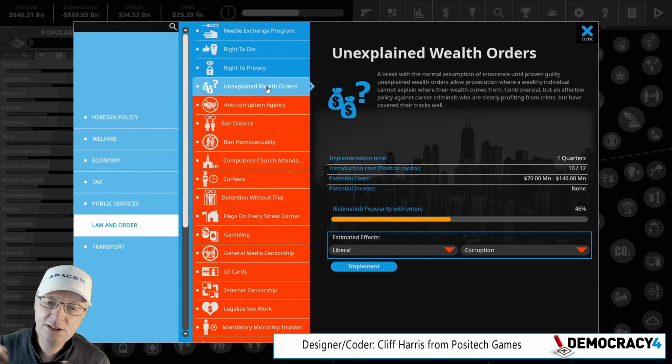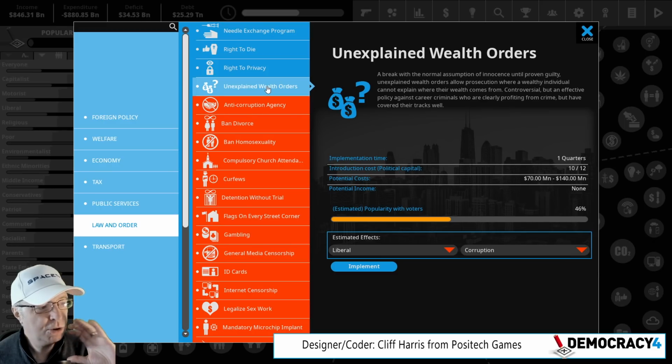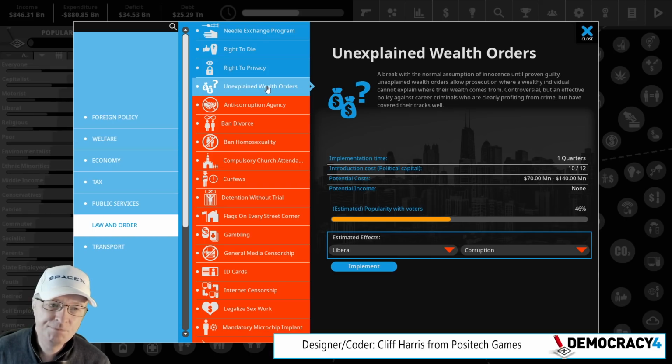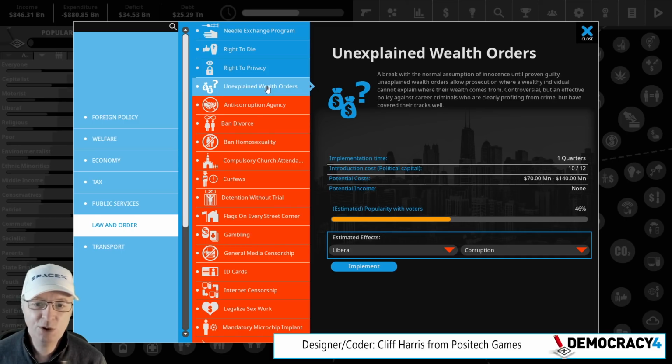Now, liberals hate this, and a lot of free speech people would hate this, because you're basically upturning the whole concept of innocence until proven guilty, which is very problematic. Because like a corrupt establishment, a corrupt judge could therefore kind of abuse that maybe. But I quite like it because